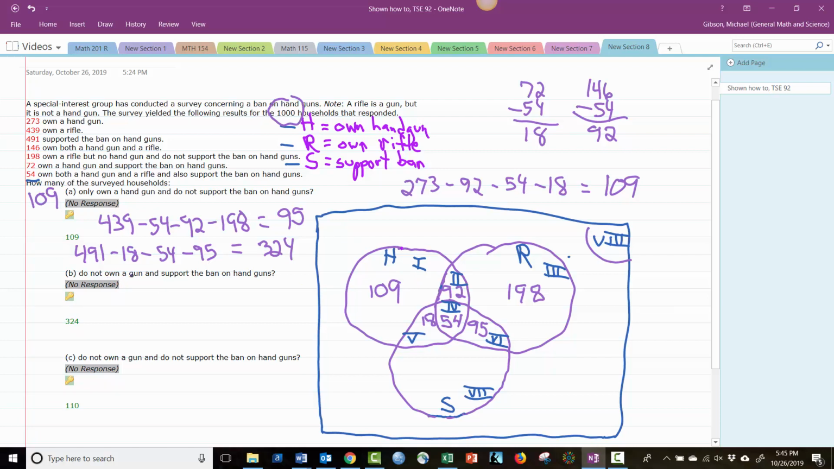Do not own a handgun, but do support the ban. So not owning a handgun, oh, you know what? I forgot to write the number in. Supporting the ban was 324. Down here, sorry. So the 2 areas that do not own a handgun and do support the ban, well, the 324 down here, the area 7, supports the ban and it's not in the handgun circle. Same with the 95, right? So 324